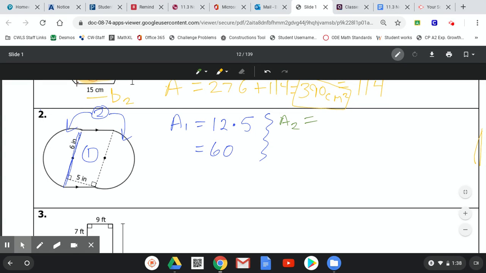Don't have to memorize it, but you're just going to do pi times, and that 6 is the radius. It's not the whole diameter, okay? So before we were talking about using the whole length of the side. Now, the whole length of the side is 12, so that means half of it is going to be 6. So for this one, it's just pi times 6 squared. Well, when we plug that in our calculator and you get a decimal, we get